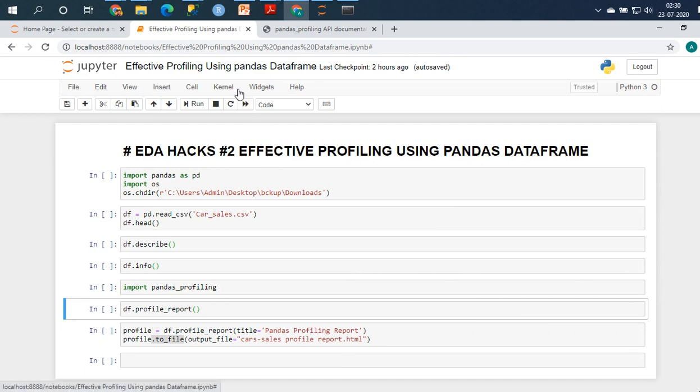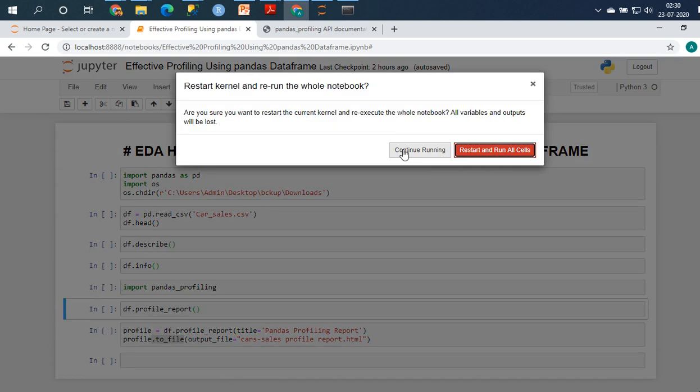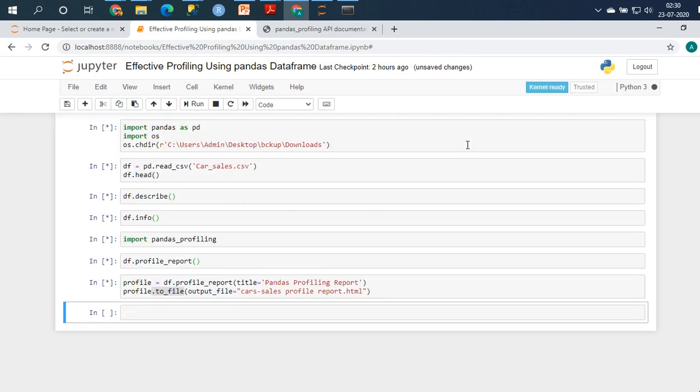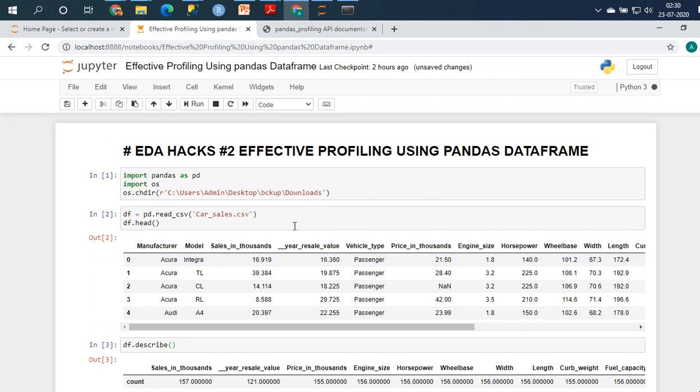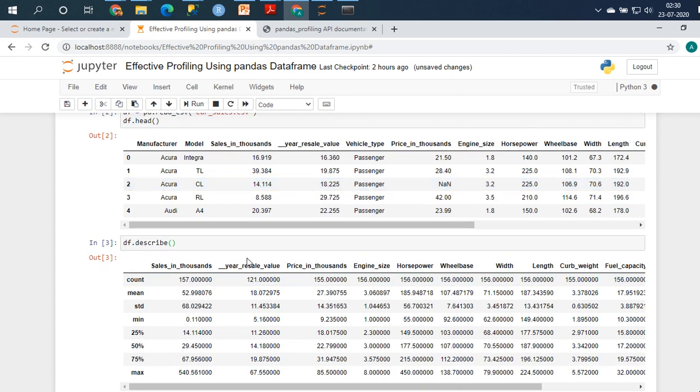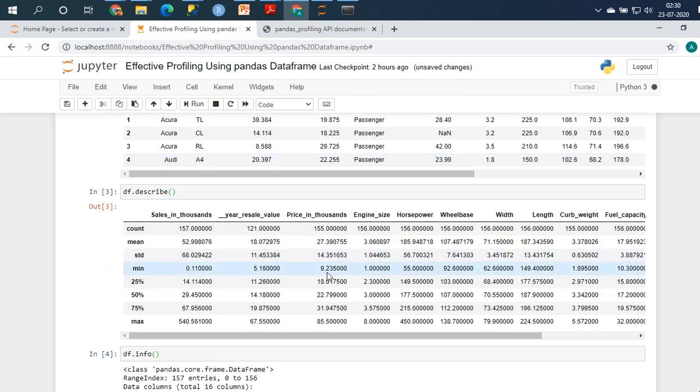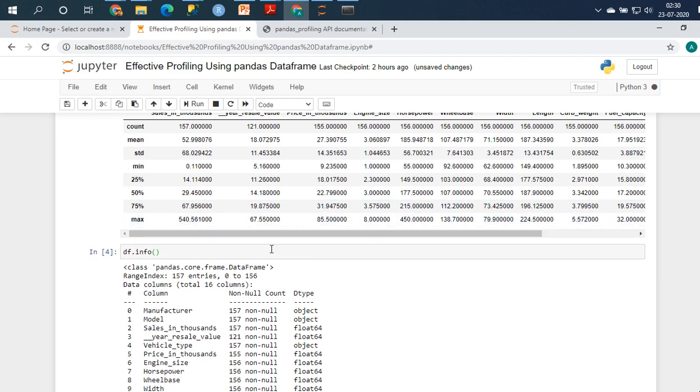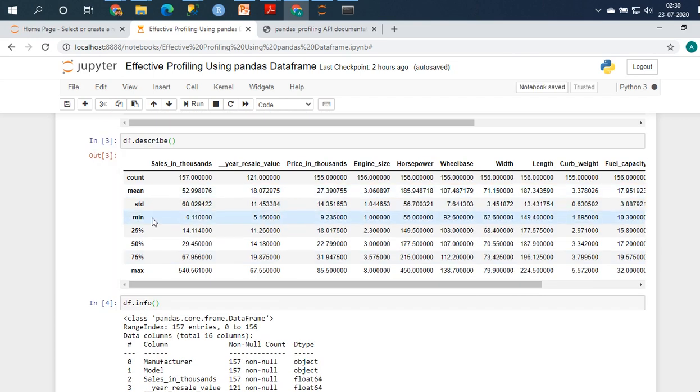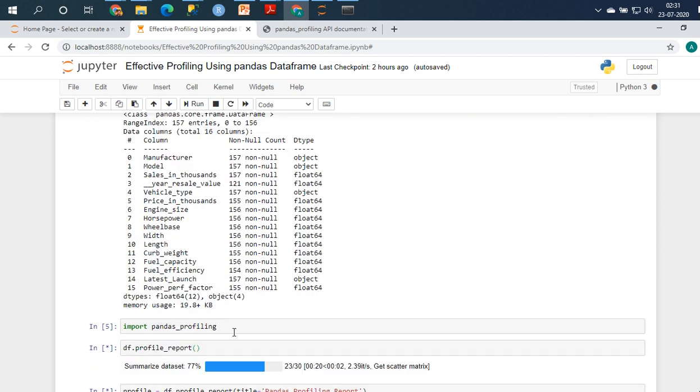To give you a quick comparison, let me just run this code. Just give me a minute. Right. So I'm using the car sales.csv dataset. You can use any dataset which you want, and as you can see, to do some basic summary statistics, I can use the describe function. This gives me the count, mean, standard deviation, the 50th percentile value, 25th percentile value, the interquartile range, and whatnot, so many things. But the thing is, this is just a very basic overview, right? And even the info function gives a very basic overview. But